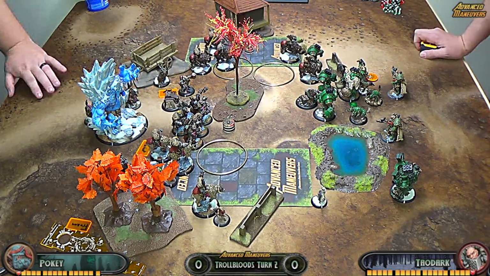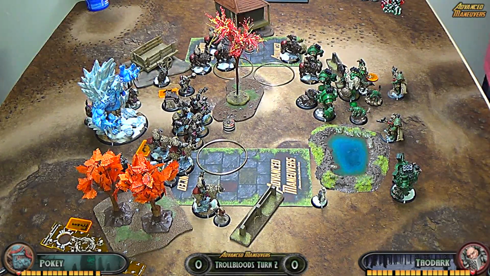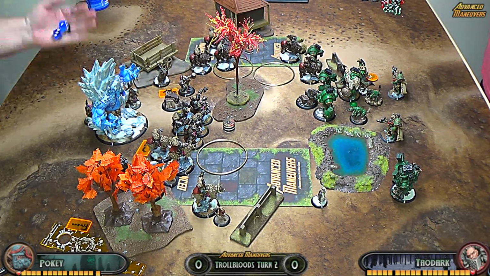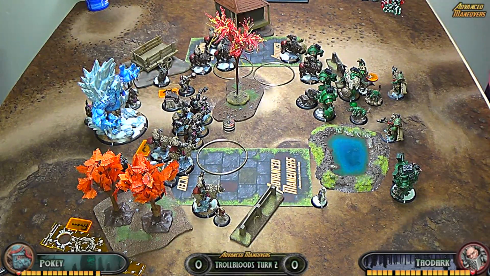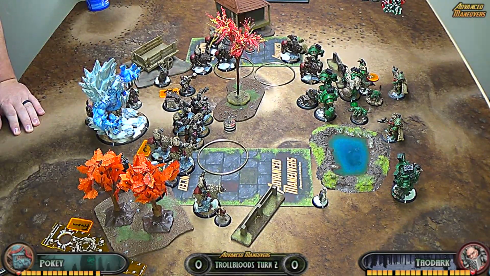The champions, I advanced them up to where they're not in the cloud. They're behind the cloud, so they can't be charged, can't be seen. And they still quicken up. So, you know, hopefully that'll get them in a good spot to where they can charge whatever comes into the zone next turn. Now